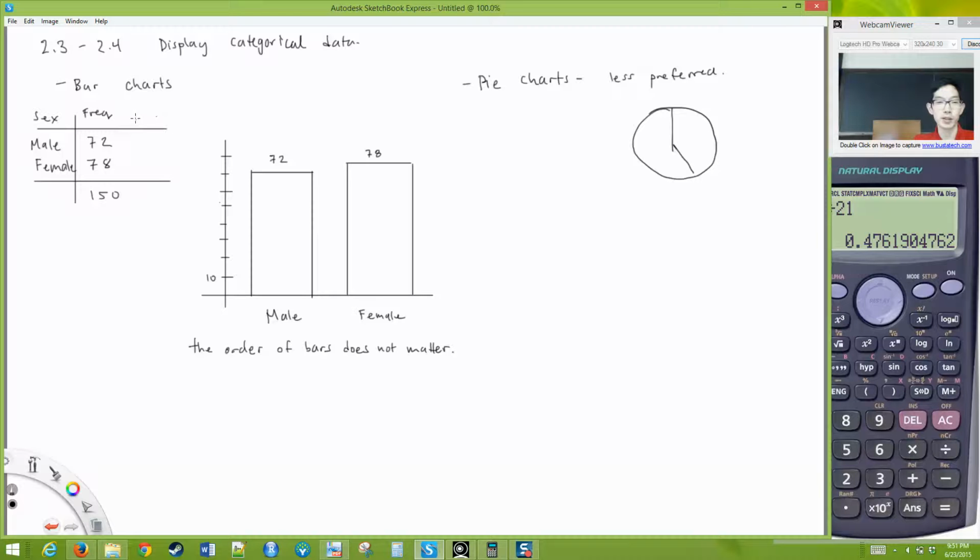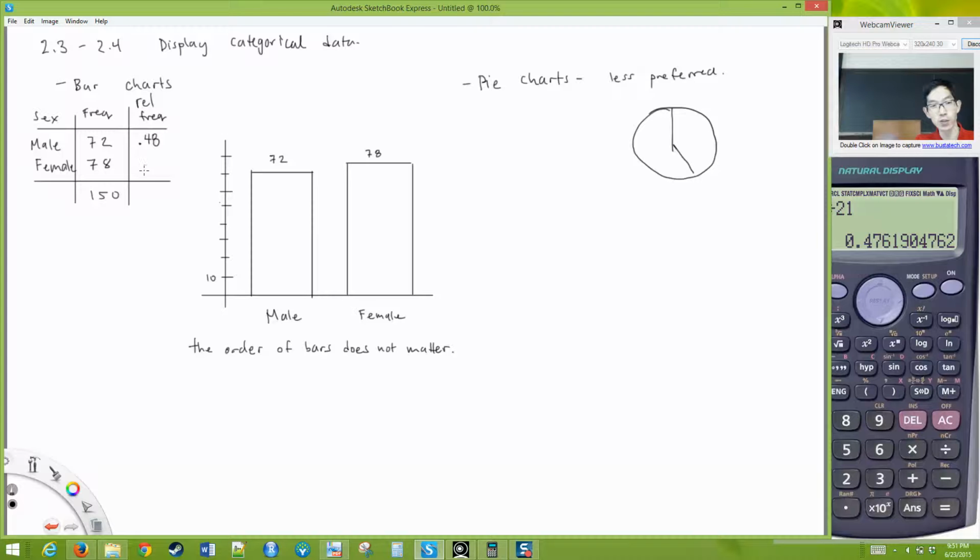Oh, one other thing. So we have our frequency table. We can also have another column called the relative frequency. And it's very simple. All you do is you just turn it into a fraction, right? So you do 72 divided by 150, and we said that's 48%. So the relative frequency is going to be